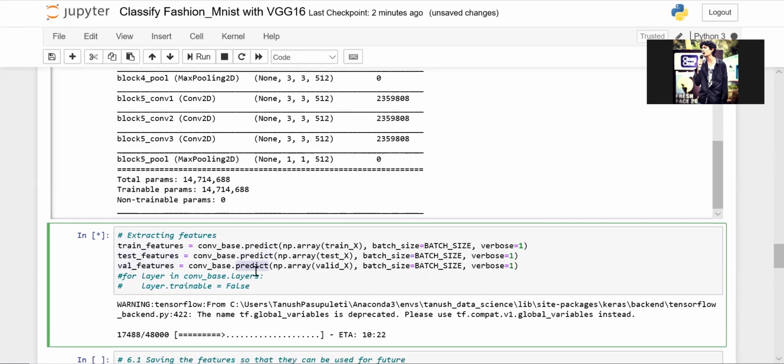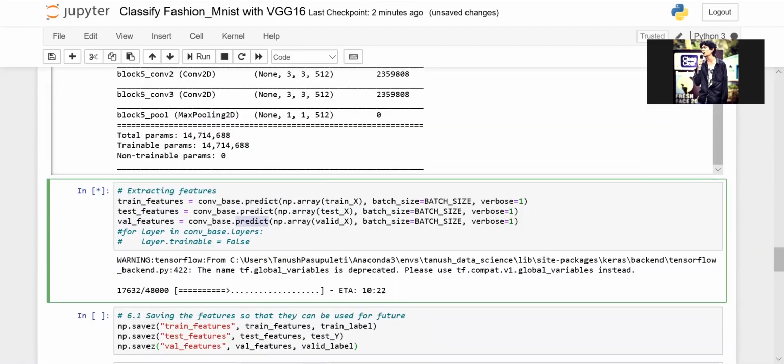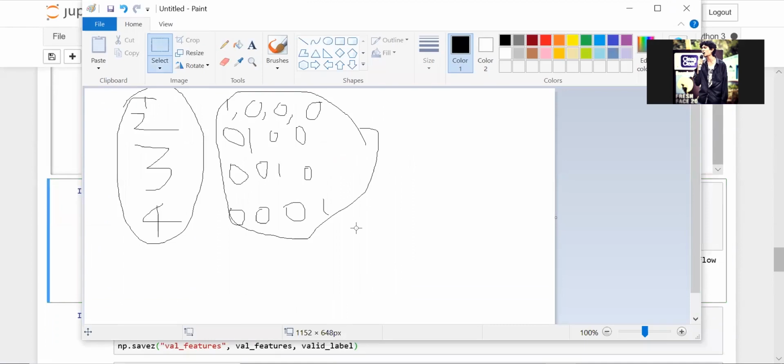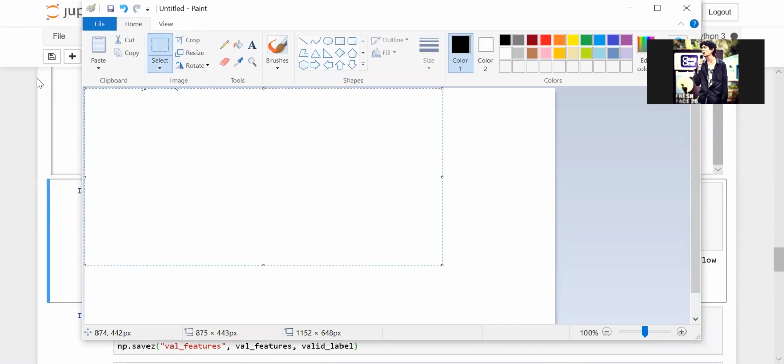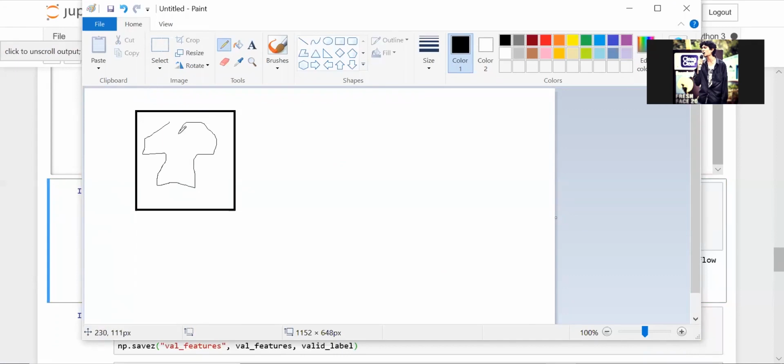Okay, now that we are done with this feature extraction part, it will be simply like this for each image. Let us say this is a particular image, a nice shirt for classification in a fashion image.